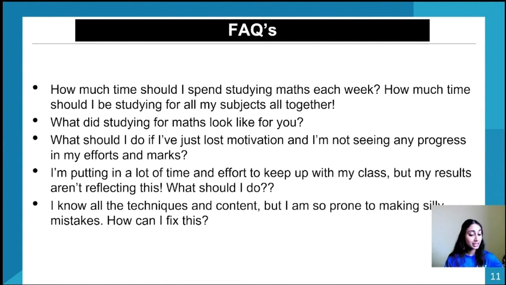Sorry. So the frequently asked question that I get pretty much every time that I have lectured is: number one, how much time should I spend studying for maths, or how much time should I spend studying altogether? There is no way to properly quantify the time taken for studying. The way that I would study would be different to the way that you would study, which would be different to the way that the next person watching my video would be studying.